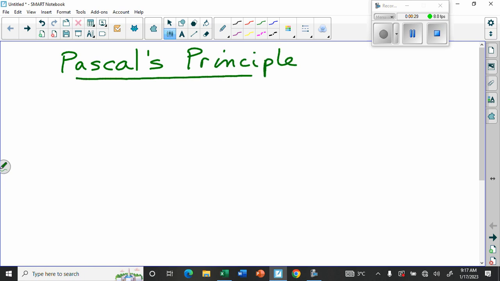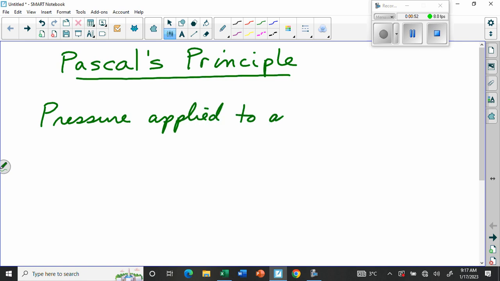Pascal's principle is basically the idea that when you put pressure on a liquid, the pressure will push equally in every part of the liquid, in all directions. Okay? So we could write that down maybe. Pressure applied